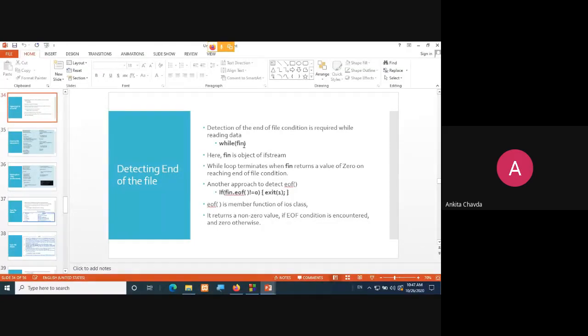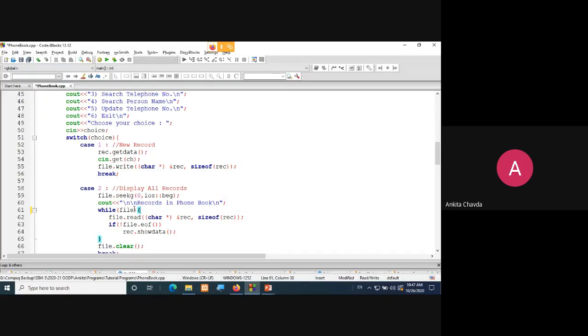So if there is some data to read, at that time we are reading the content from the file. So file.read, and again the same thing, character pointer, ampersand record, size of record. This is how you are reading the content.